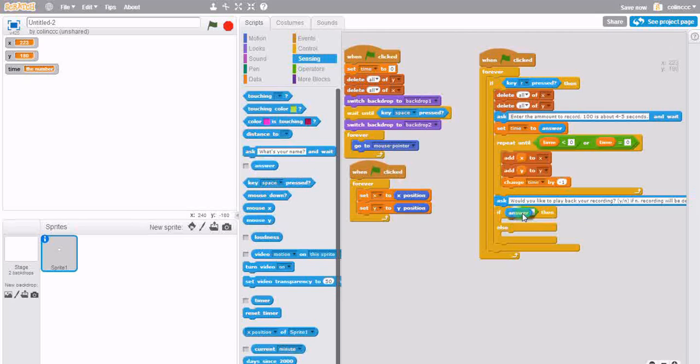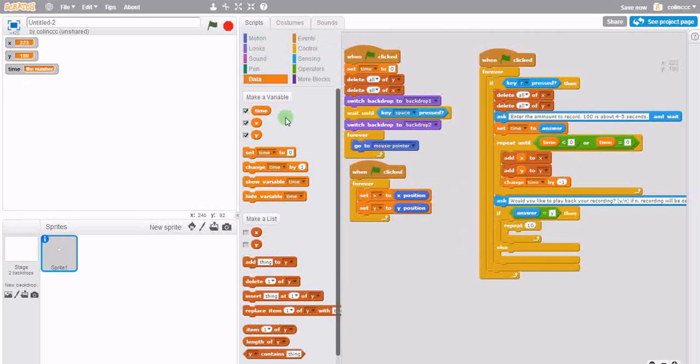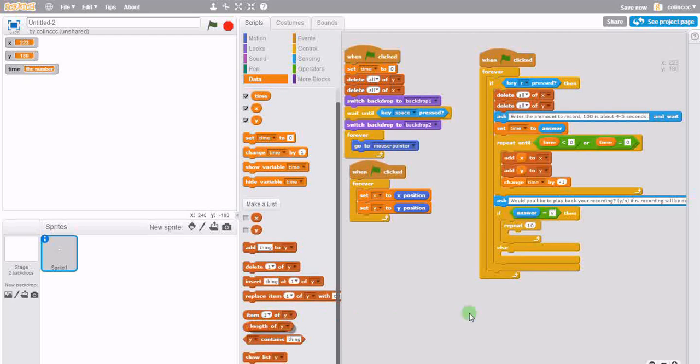If answer equals y, then we want it to repeat for the length of y or x, it doesn't matter,